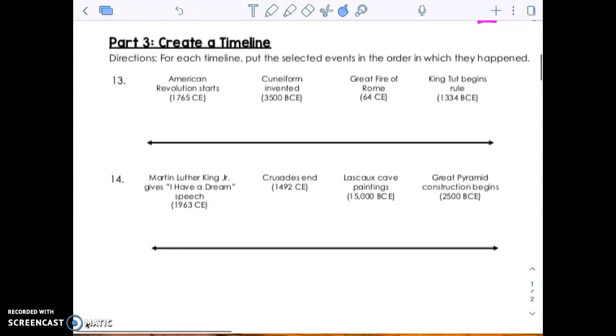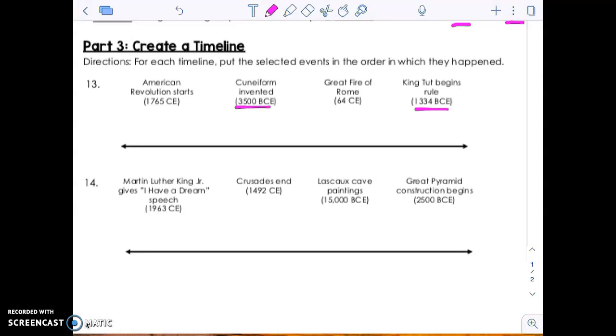So we're going to look at these two numbers first and figure out which one happened first. Because the 3,500 is a larger number, we know that in that time period before the 0, that came first because it's a larger number. So on our timeline, I'm not going to have you write everything out, but I do want you to write those numbers out. So we would have 3,500 BCE, okay? And then the next one in the BCE time period would be when King Tut rules, and that would be 1334 BCE,